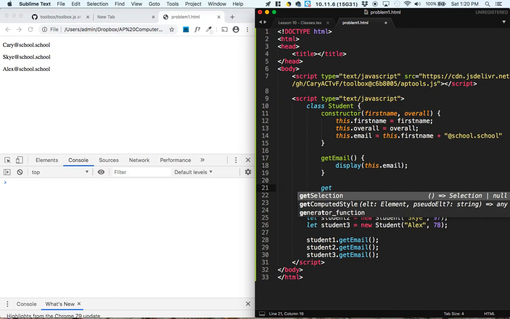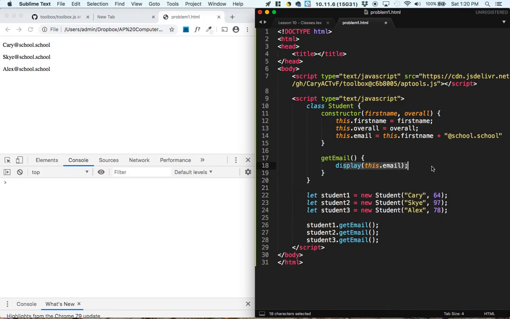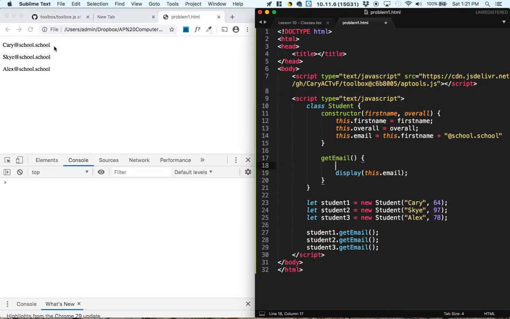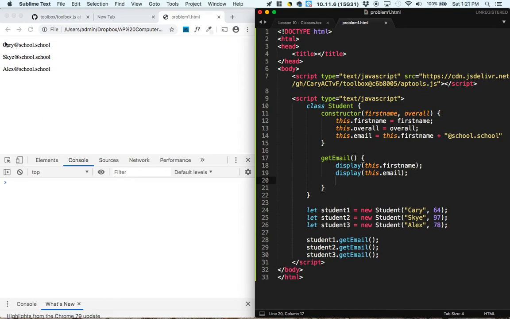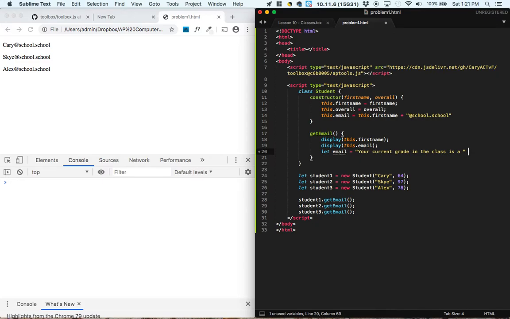So let's say the getEmail is not just displaying their email, it's going to display the email, their name, and then the message that we're going to send them. So let's start by displaying their name. So just to display their name, we display this.firstName. And then we want to display their email address. So it's going to be like Carrie at school.school. And then next up, it's going to be whatever the email is. So let's let email equal "Your current grade in the class is a" plus this.overall plus